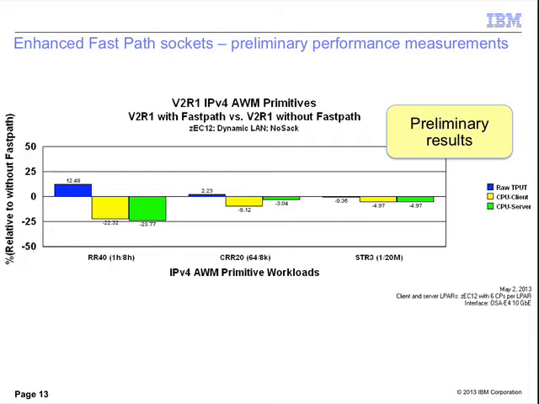And if we note in that case, we see about a 12.5% improvement in throughput and a little better than a 20% reduction in CPU utilization at both the client and the server. And as you go across the chart, you can see the numbers for connect request response workloads, which is kind of like web traffic, and streaming. And those numbers are much more modest, but there's still some benefit there. So the point is here is this is a fairly significant benefit. Again, it's preliminary. About a month and a half to 2 months after we become generally available, we will issue a performance report that'll have updated numbers, and that'll give you a better idea of what the real